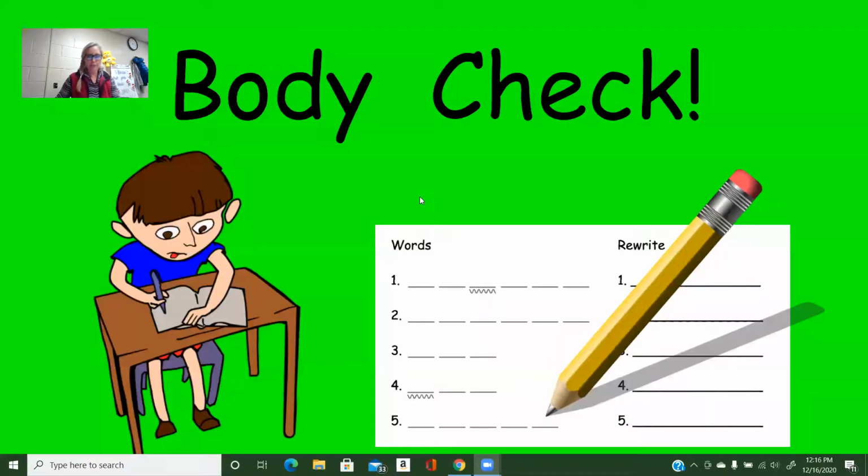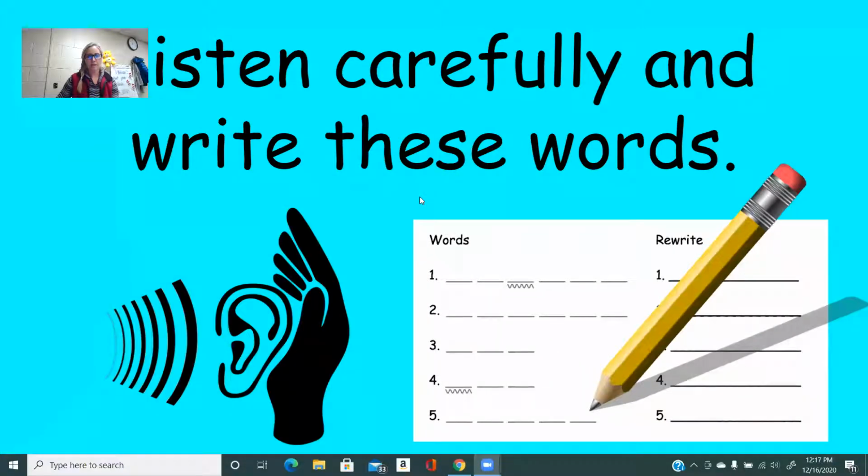You've got your book out. Now, check your body. Are you sitting at a table spot? Are you sitting at a desk someplace where you can work? Not on the couch, not on the floor. That's not our best learning environment. And you also need a pencil to do your work. So check your body, make sure you're in the right learning area, and we're gonna listen closely. Remember, we're gonna pound out our words and then write them. So let's get started